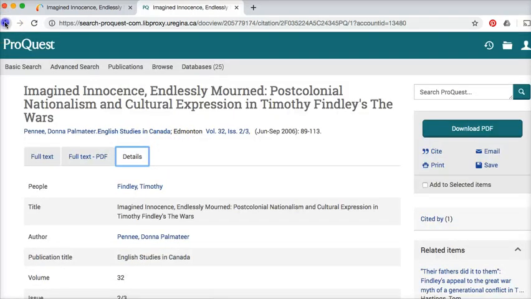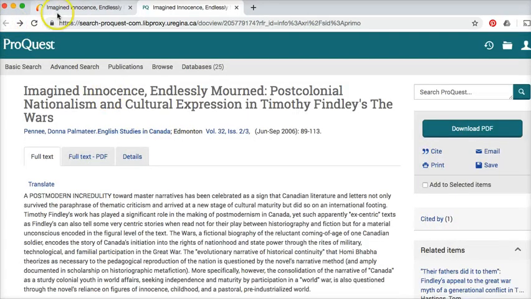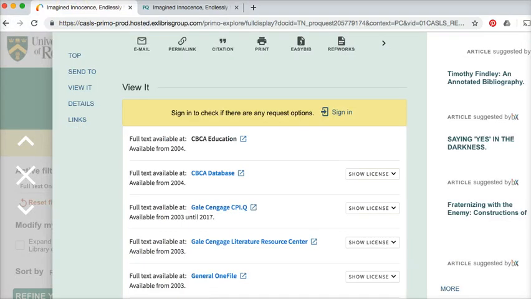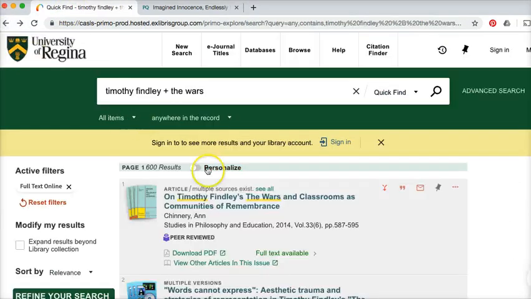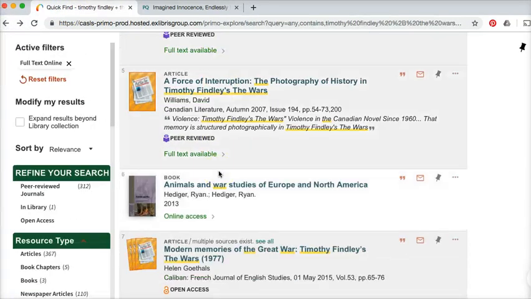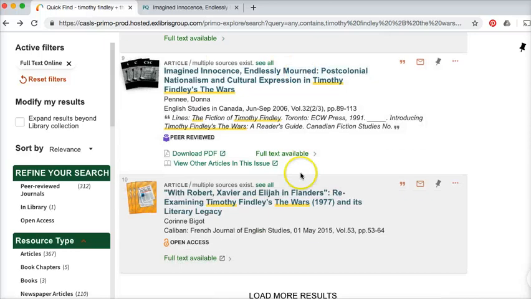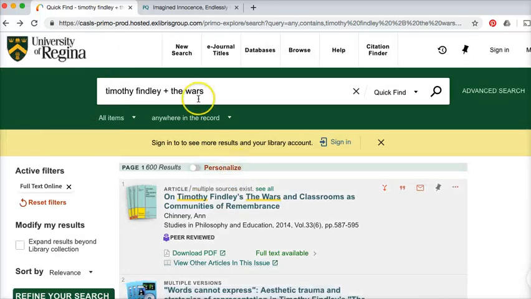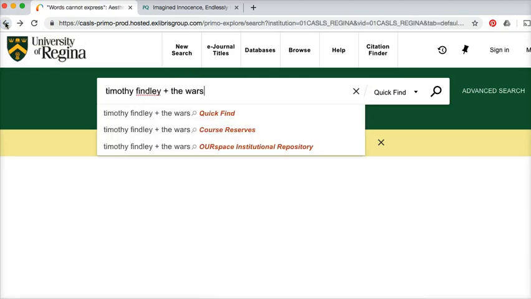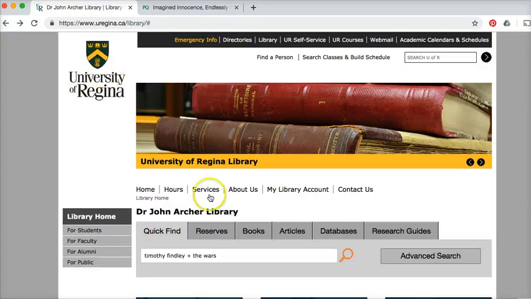But I found one, so we know it works. But if we go back, we can again return to our lists and keep searching. So yeah, if you want to do it that way, that's probably the easiest, quickest way of looking up